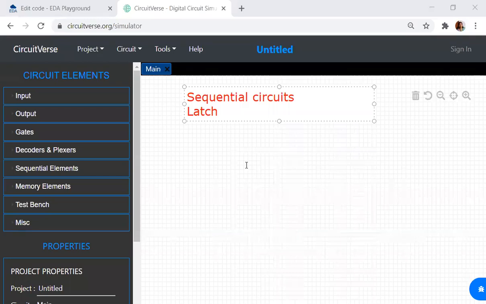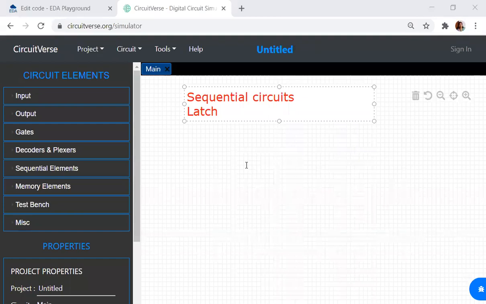In a sequential circuit, the output depends on the present input, and also on the inputs during the previous sessions. Sequential circuits will generally have a memory associated with them.